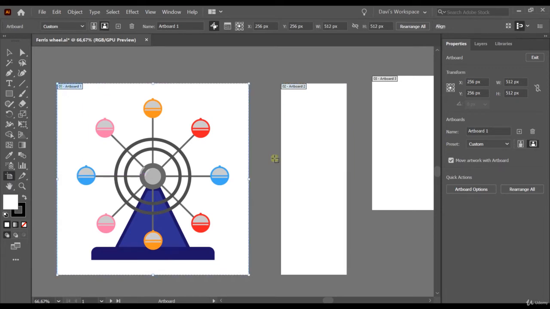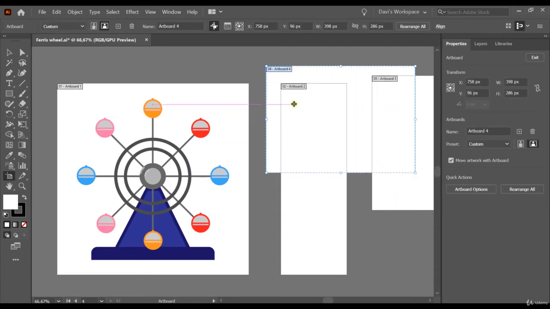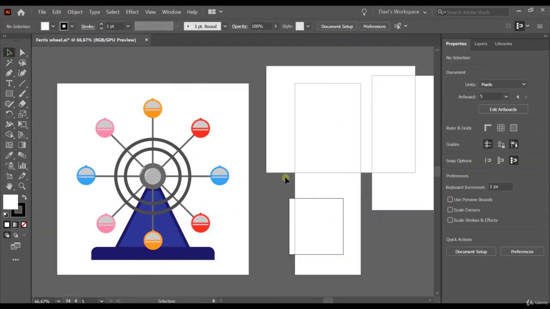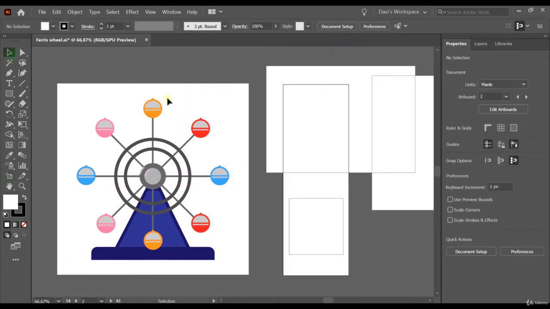Also, Illustrator allows you to overlap your own artboards. For example, I could have another artboard that is overlapping the 2 and the 3. Sometimes it gets a little bit confusing, so be careful. For example, if I create an artboard here, maybe I won't see it later. I'm going to click on the Artboard tool and move it a little bit. As you can see, it gets a little bit difficult when you create artboards that are overlapping one another, so